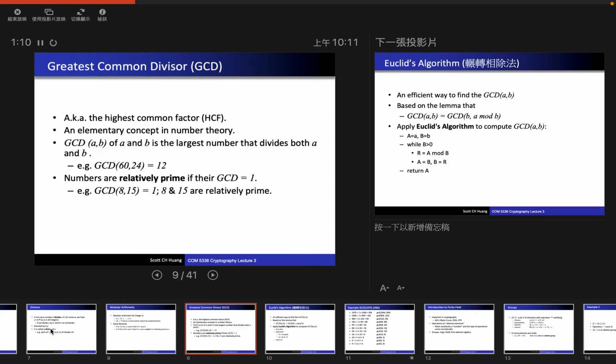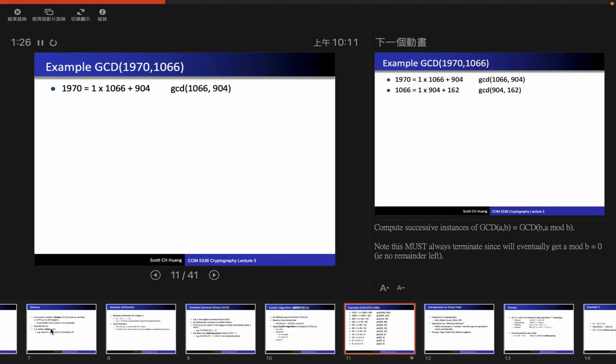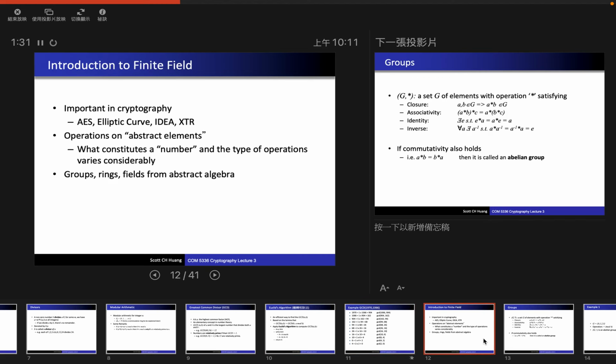And we also talked about the greatest common divisor, GCD, aka HCF. There's an algorithm called Euclid's algorithm to calculate the greatest common divisor of two numbers. Here's one example. We have seen that last time. Now let's move on to